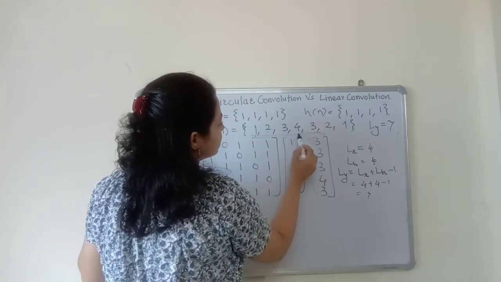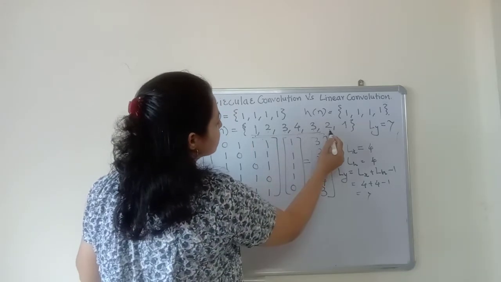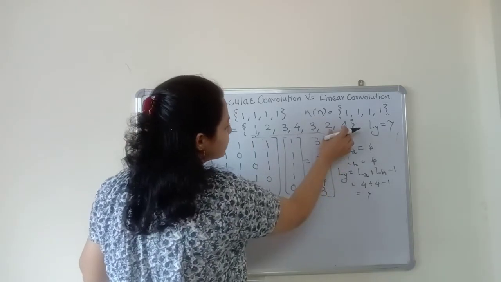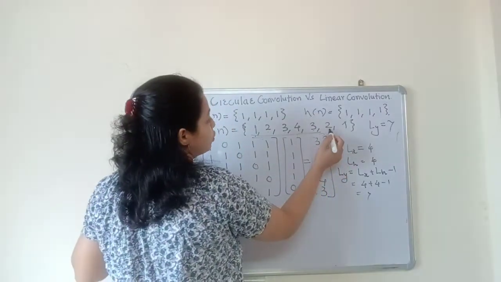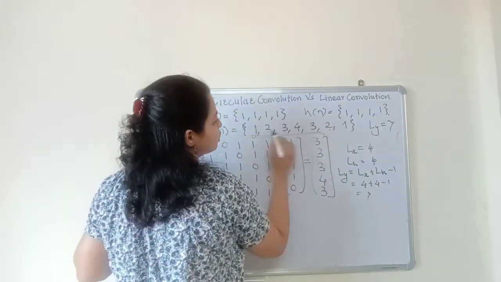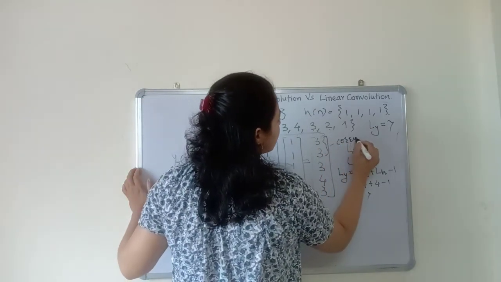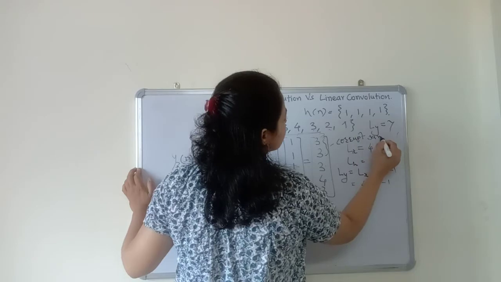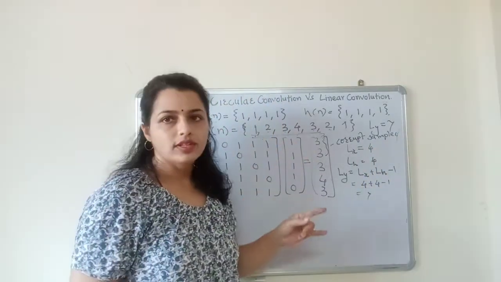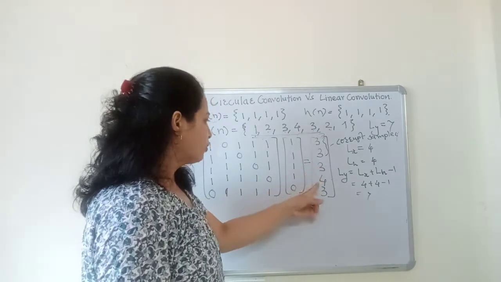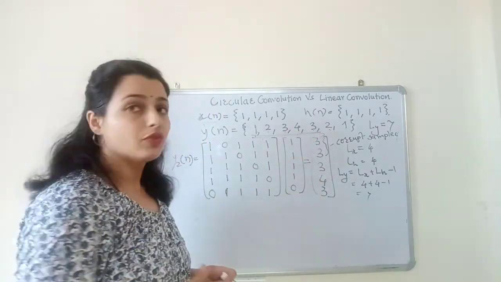Now we are getting these 3 samples, correct samples, and these 2 samples are not coming. These are mixed into these 2 samples again to get this 3. 2 plus 1 is equal to 3, 1 plus 2 is equal to 3. So these are corrupt samples. Okay. These are not the actual samples. These 3 samples correspond to the linear convolution, whatever we want here.